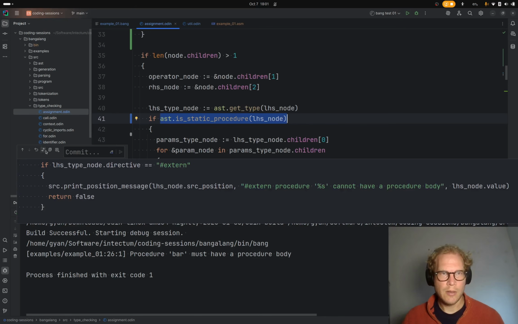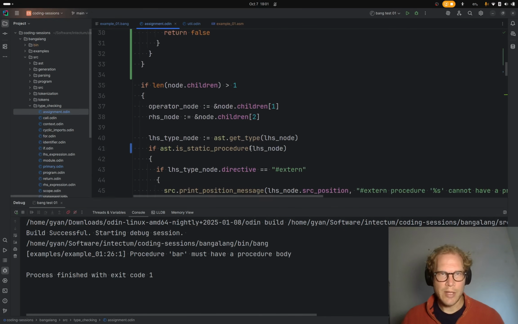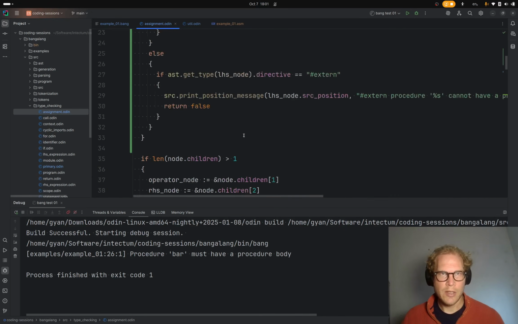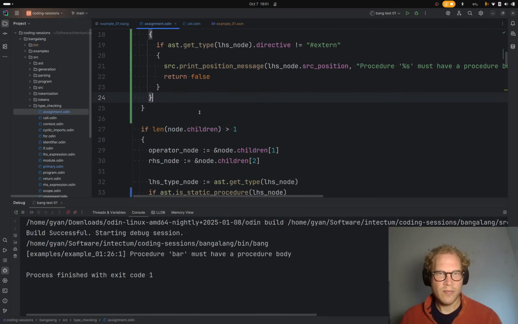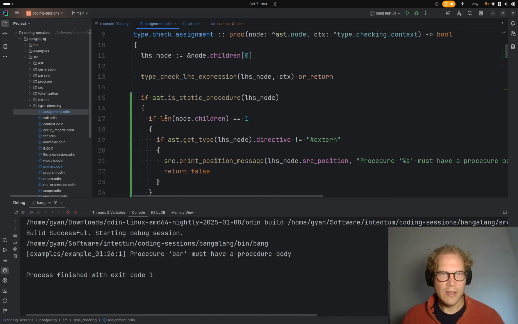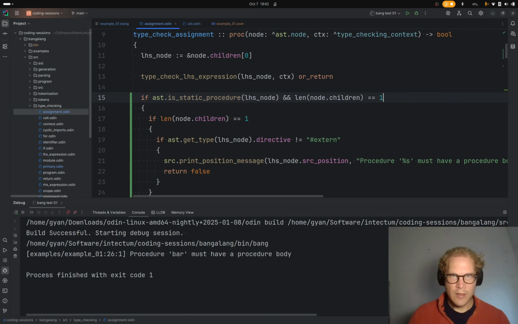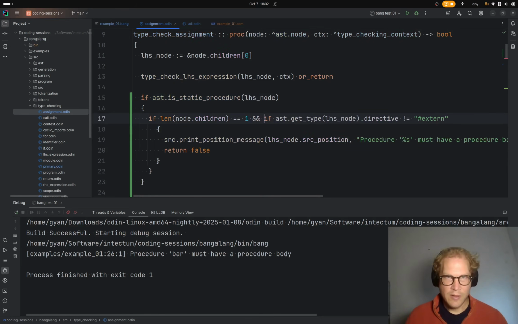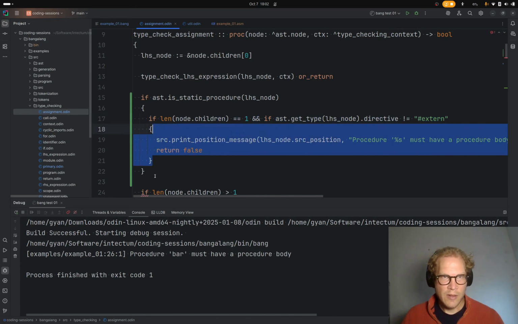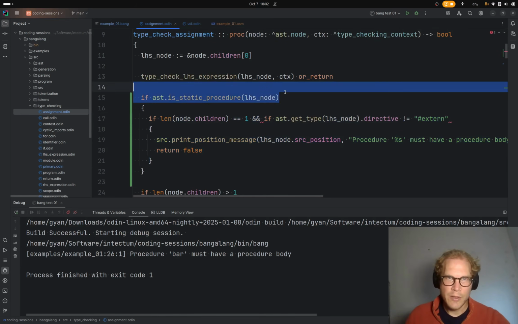So maybe we'll just leave that in there where it was, and we'll say if we're dealing with the static procedure, and length equals 1, if we've got a static procedure,